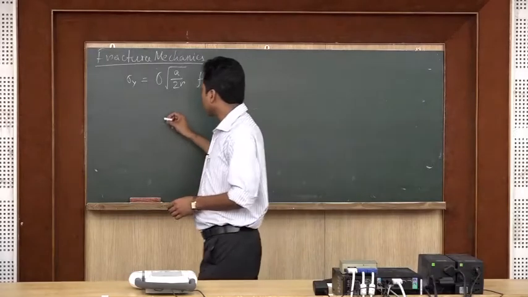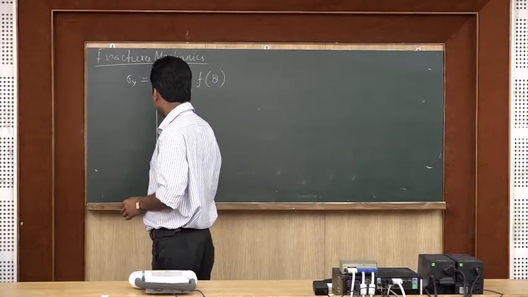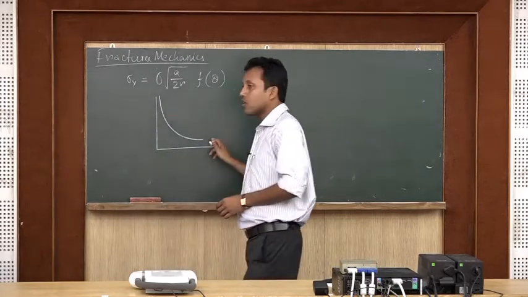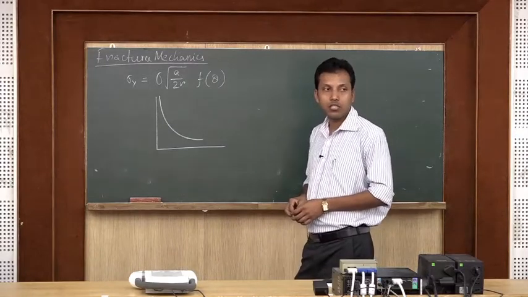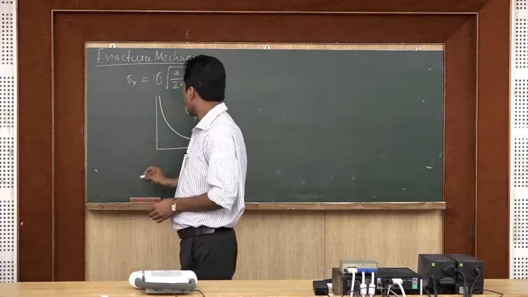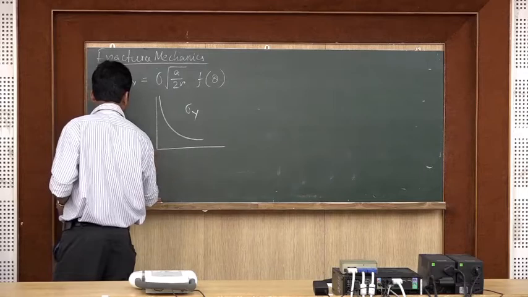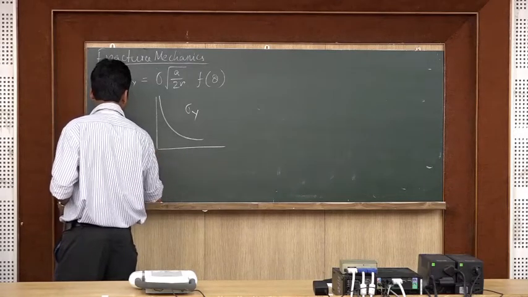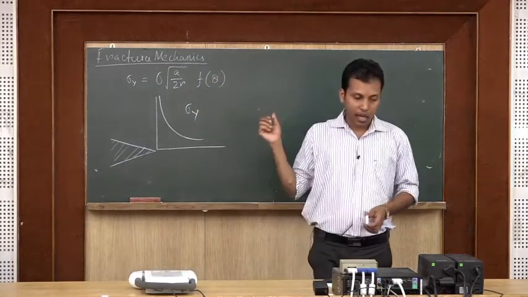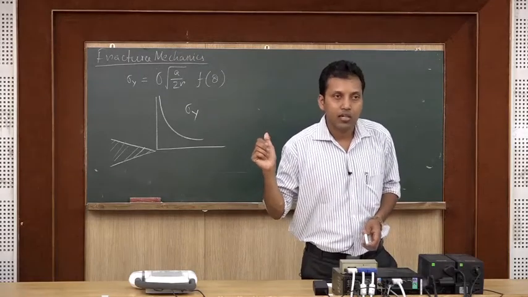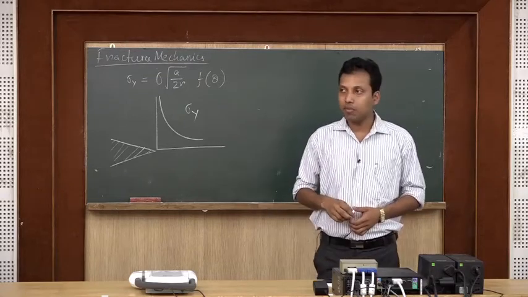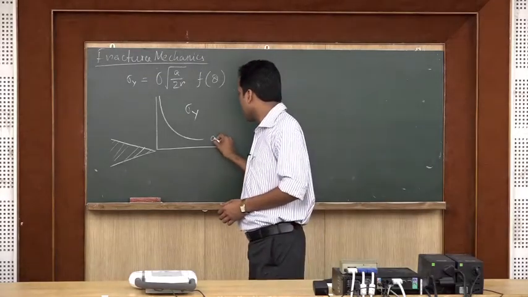Earlier also we have seen another curve. Here also it is relevant that the stress distribution, say the distribution of sigma y in this manner, right? If there is a crack present here, then ahead of the crack I have the stress distribution of this kind. This is for a crack length of say A1. Okay. Crack length means whatever we are telling, this is semi crack length, right?